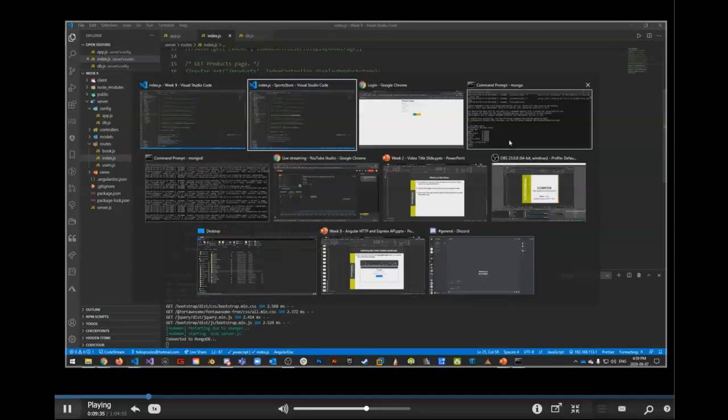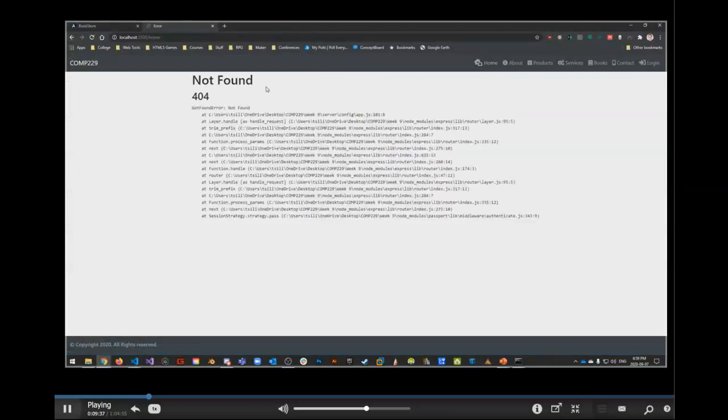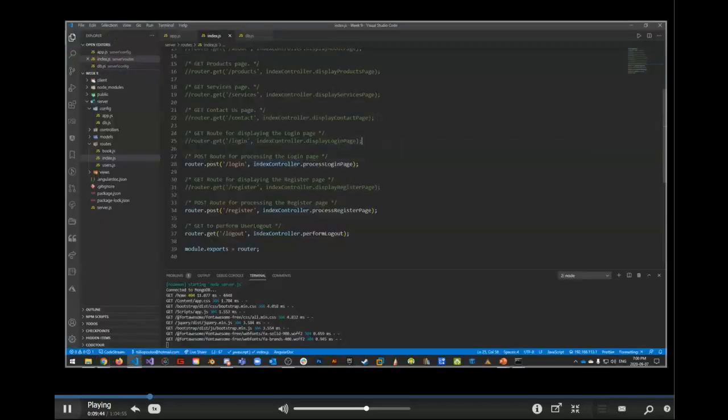So now if I go back to the page, and if I go to home, it's going to give us a 404, which is what it should do. There is no link anymore. We've disabled it. We've commented it all out, right? Let's do the same thing for our